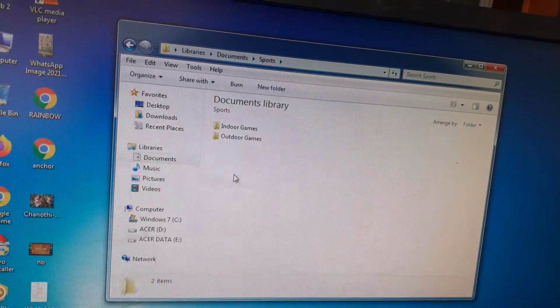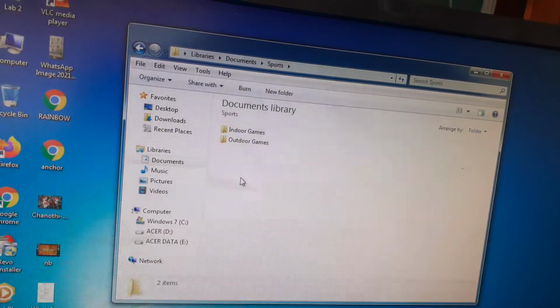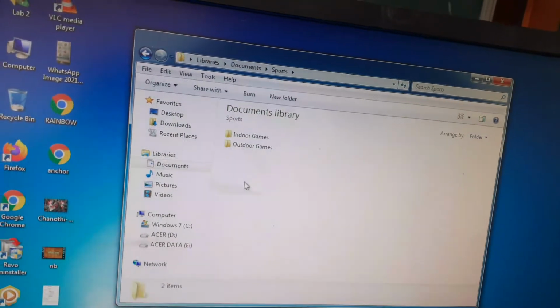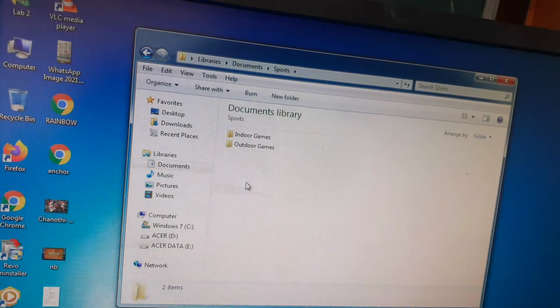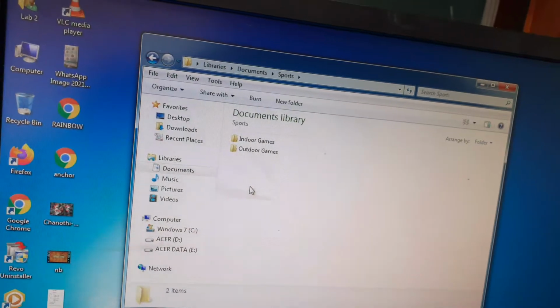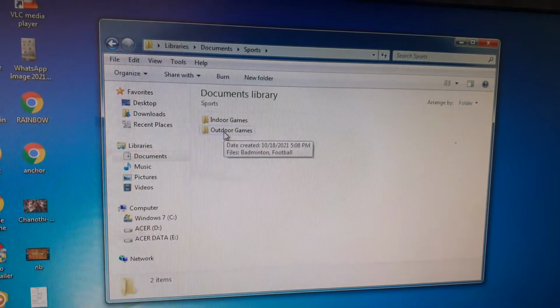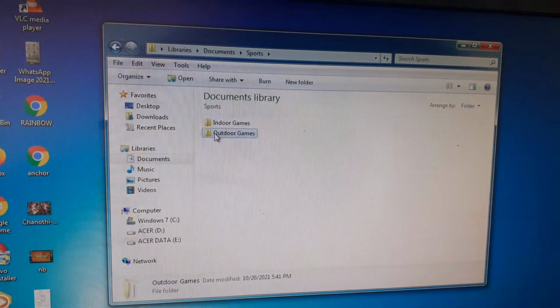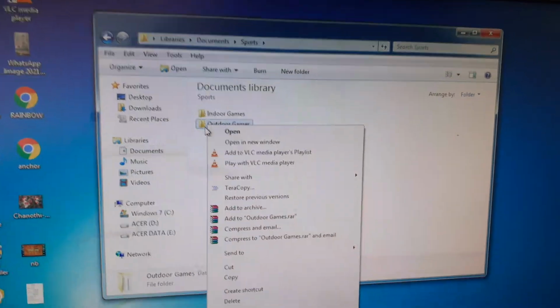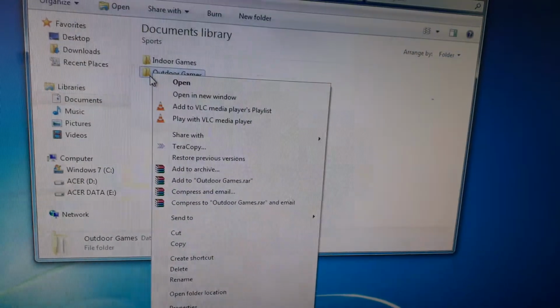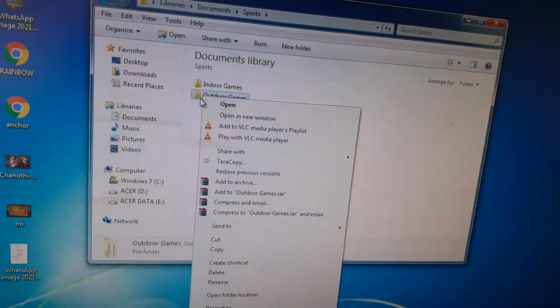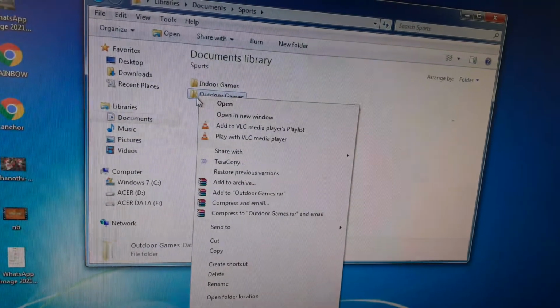Now here we want to rename the outdoor games folder, right? So what we have to do, first of all, right click on outdoor games in this way. So do right click. Now this drop down menu will be displayed.